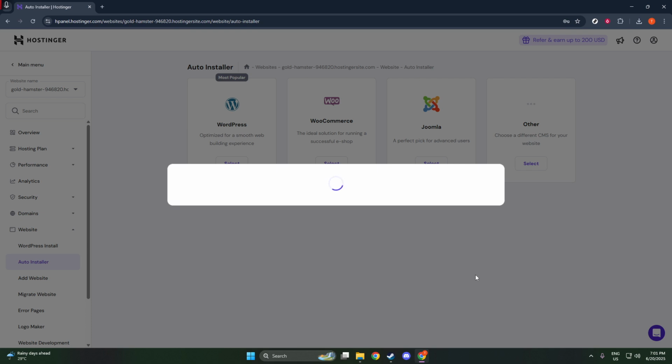Navigate back to the Websites tab and click on Installed Applications. You'll see your site listed there. Simply click the ellipsis next to your site URL, then choose Manage, followed by Admin Panel. This action will take you directly to your WordPress dashboard, the heart of your website, where you can